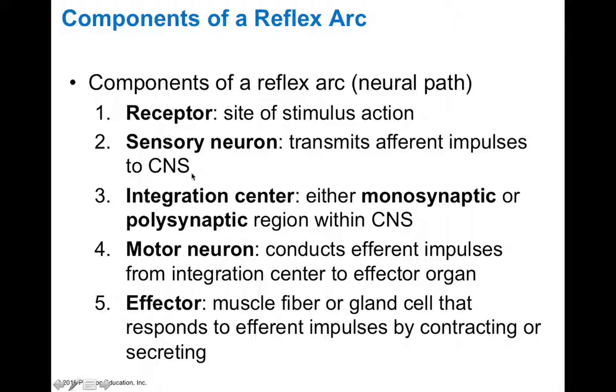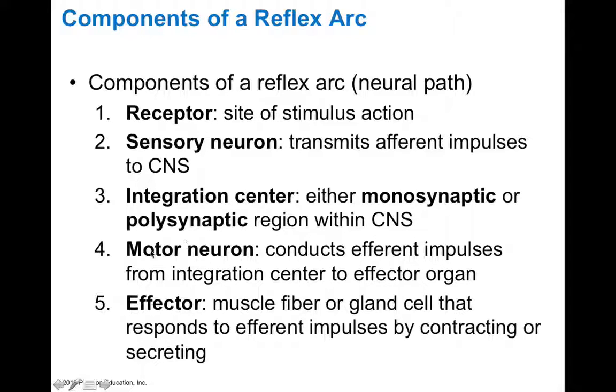If those sensory neurons go back to the brain, we actually call that a cranial reflex. And if the sensory neurons go back to the spinal cord, that's part of a spinal reflex. And then once in the central nervous system, it's going to interact with integration centers, which can either be monosynaptic, which means you have one synapse between the sensory and motor neurons, or polysynaptic, where there's multiple synapses between the sensory and motor neurons. Now, ultimately, these are integration centers where processing of information occurs, but this occurs within the